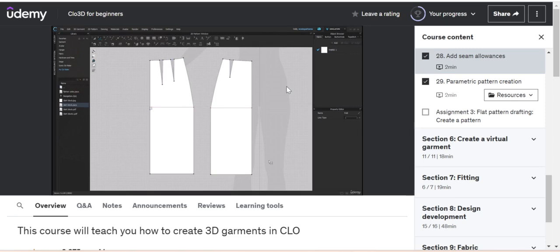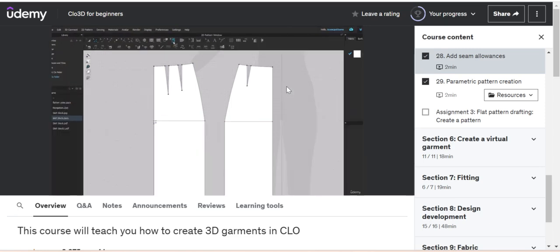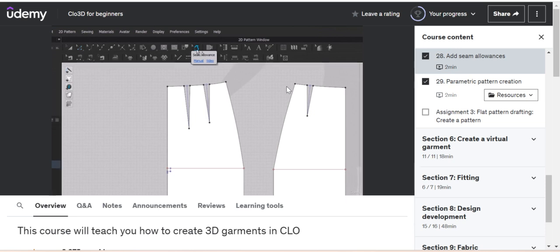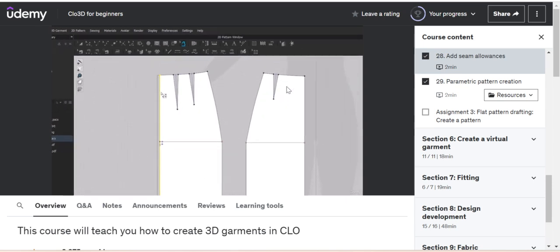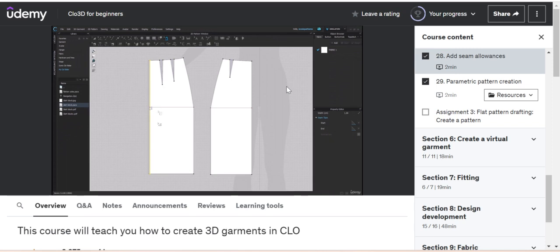The last thing to do is to add seam allowances. Select Seam Allowance tool and hover over a segment. It will highlight blue. Left-click on it and seam allowance will be added. We can do it one segment at a time or drag over all pattern pieces and add seam allowances everywhere